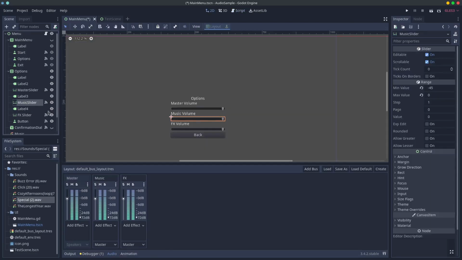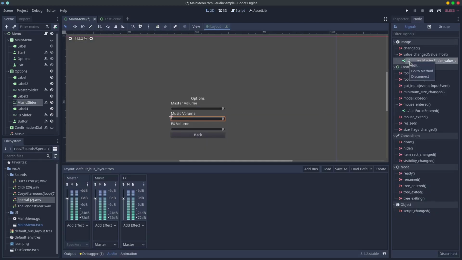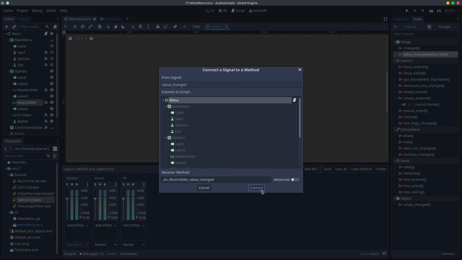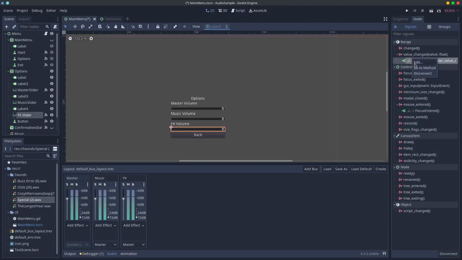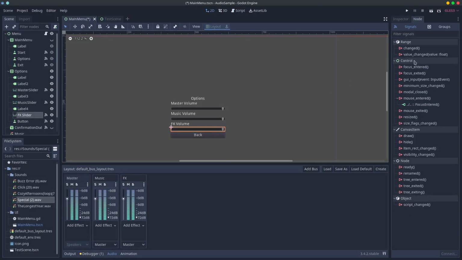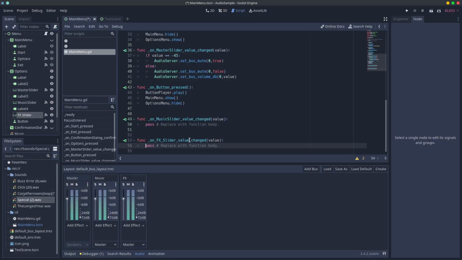Okay, and then we're going to need to reconnect the signals. Just disconnect that, redo that, disconnect that, and redo that. Now, okay, so the reason I said const is because there's another